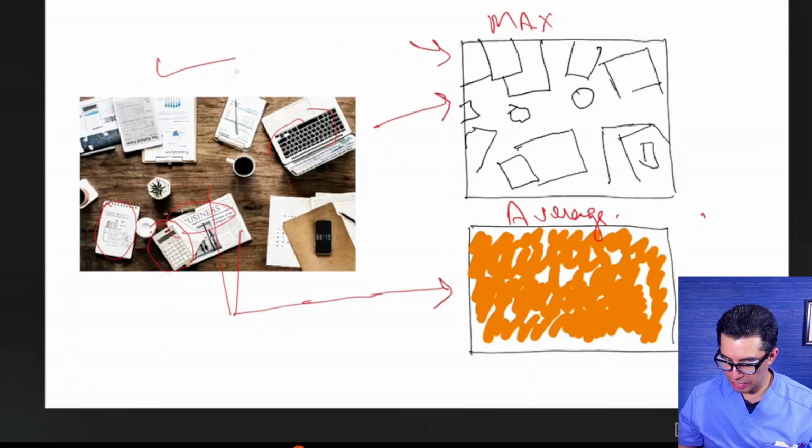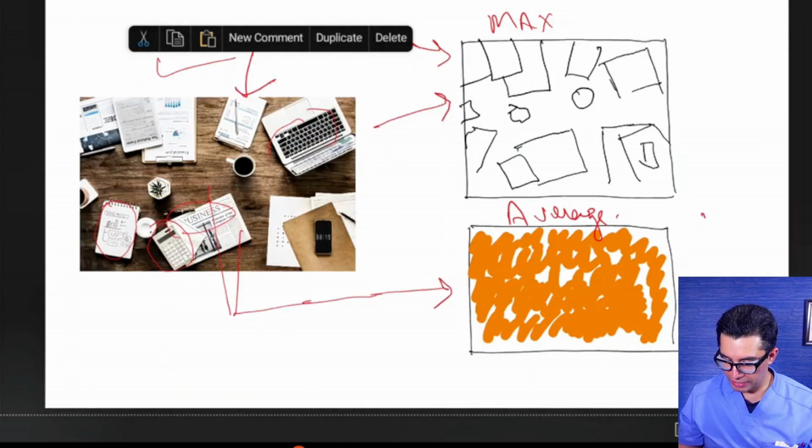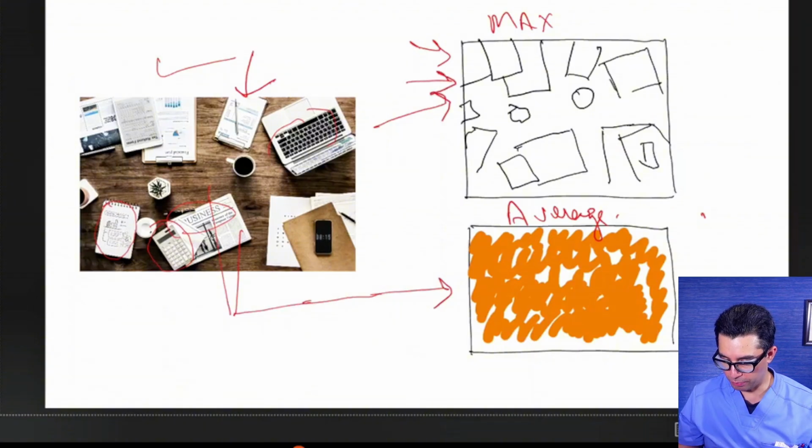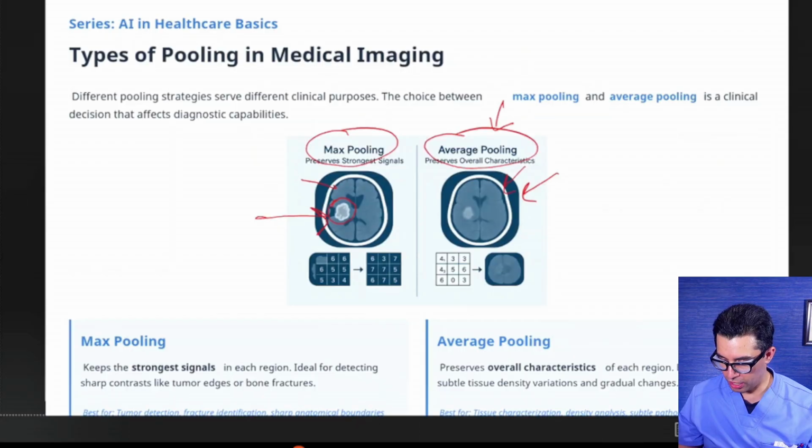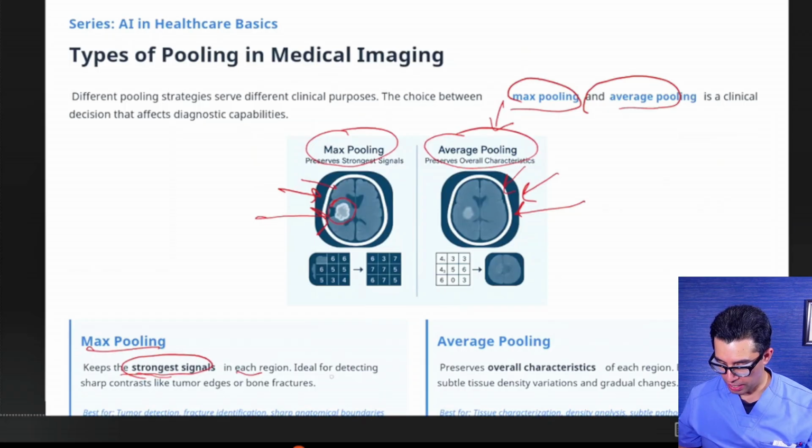Then we discussed this image right over here, that we have everything in this image. We don't need everything. Let's say we only need the margins, then we will look at this image. Or we only need to know the average color or density in that image, then we will look at this image. Then we discussed max pooling and average pooling. And you saw that max pooling was getting us a more defined image, and average pooling was not giving us such a defined image. Max pooling keeps the strongest signals in each region, ideal for detecting high contrast objects like tumor edges or bone